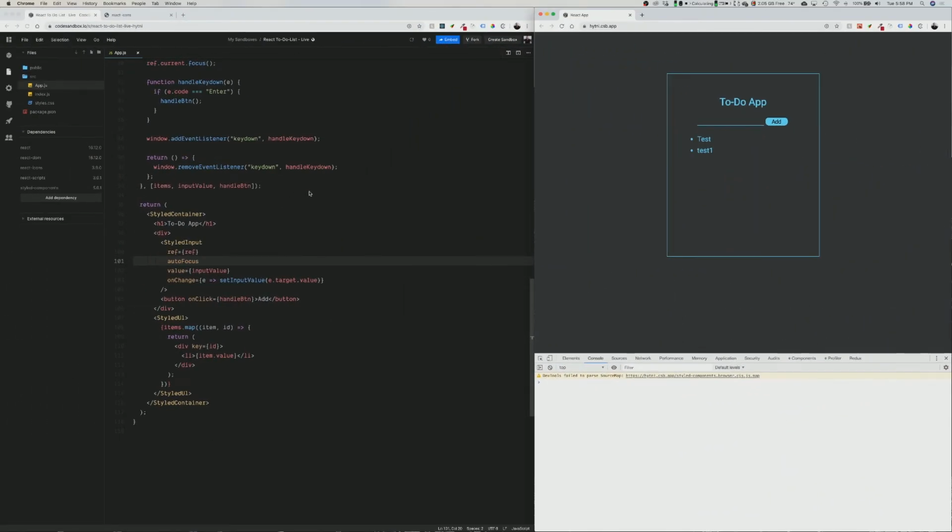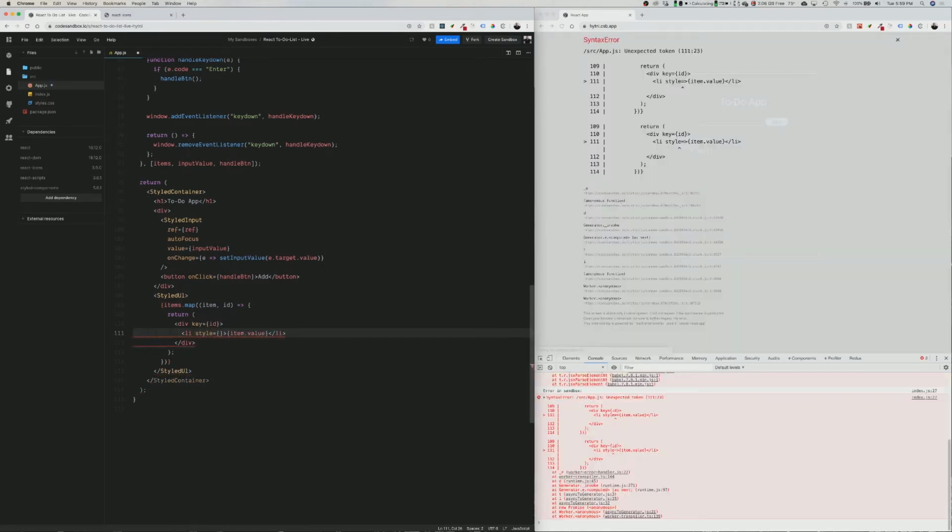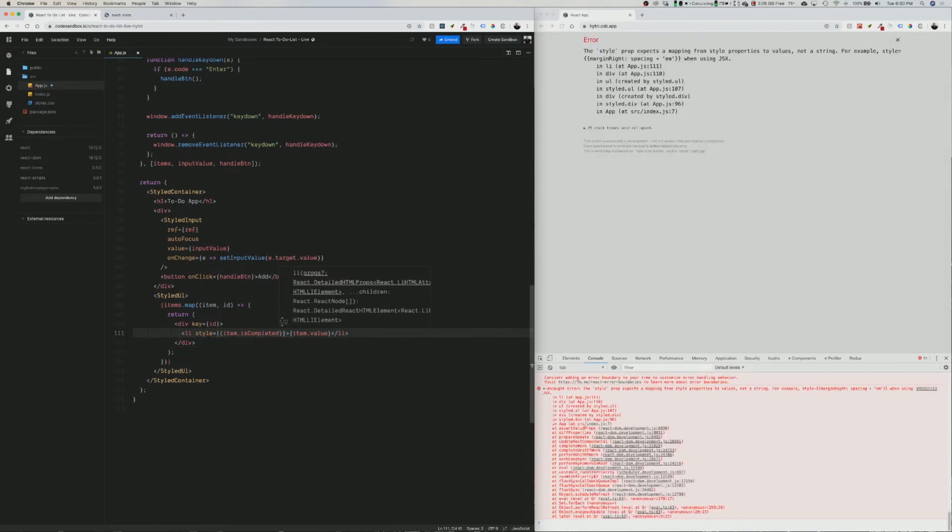The next thing we want to do is create something to toggle these, so that we have the option to just cross them out and then uncross them out. In order to do that, we're going to use a ternary operator in these LIs. So we're going to go to the LI and add some styling directly here. What we'll do is, if item.isCompleted, in other words, if that's true,